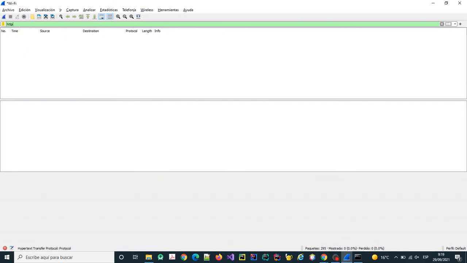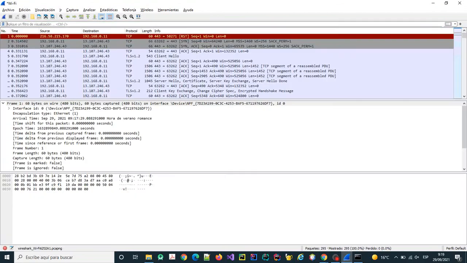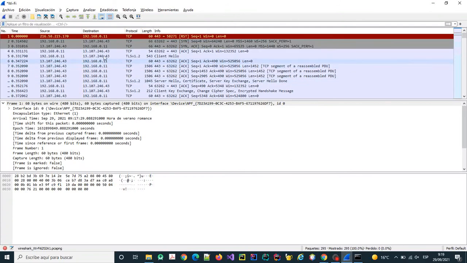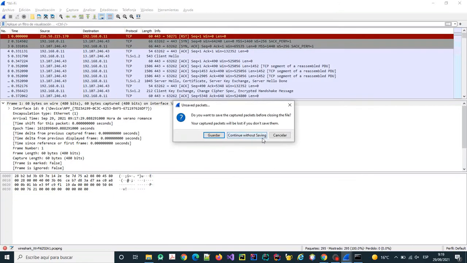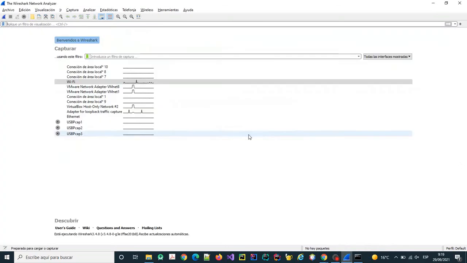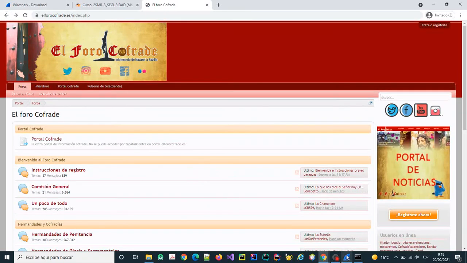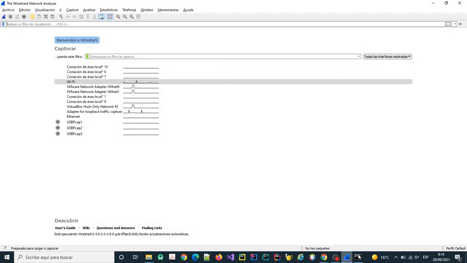There is no HTTP. I have lost the packages, but I go to clear this information because there is a lot of information. I continue without saving. So I go to capture this information again. So I start